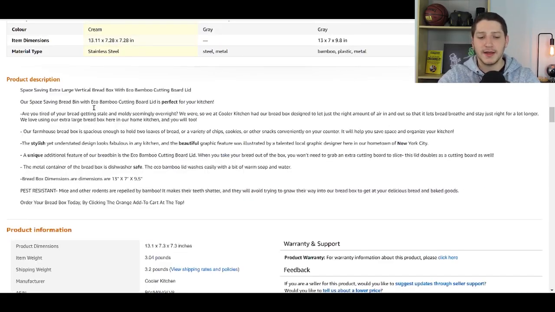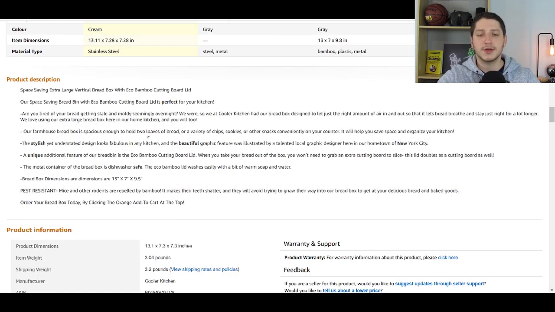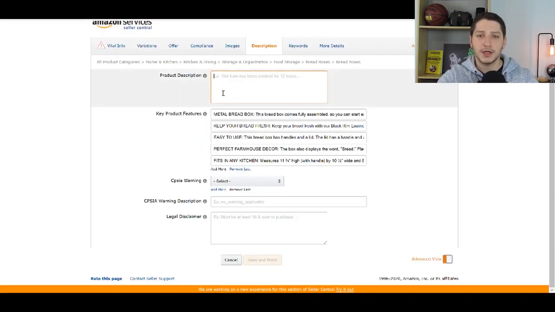The next one is right here, where you see that everything is spaced out nicely and it's easier for the customer to go from point to point, and it's much easier to read. The reason that this is like this and this one is like this is because Amazon requires that if you want to use spaces or include bold text, you need to write it out in